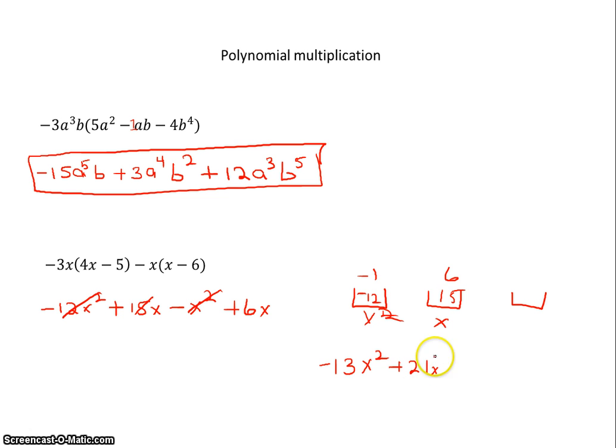21x. Now it is possible that the output for this problem is going to look like this: negative 13x plus 21. Just so you know that this is the same as that. Not sure how they'll ask you to pick your problem. All right. Next,